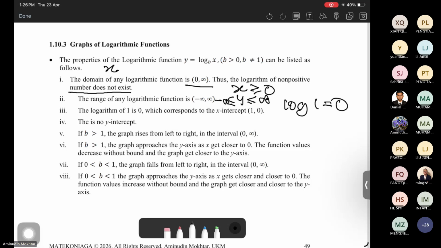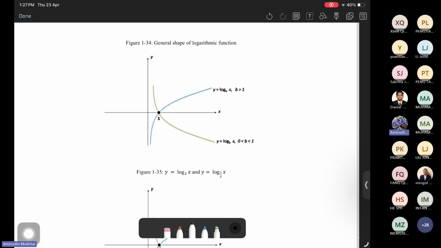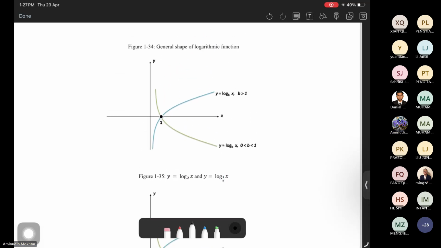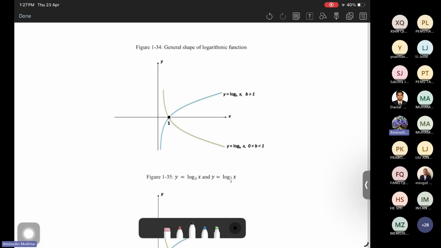That is the x-intercept. The log function has an x-intercept, but for log, there is no y-intercept. No y-intercept means that this graph does not touch or cross the vertical axis, the y-axis. So for log, there is no y-intercept, but the x-intercept occurs at the point x equals 1, y equals 0. And then as you can see, figure 1.34, the shape of the log function when we draw the graph